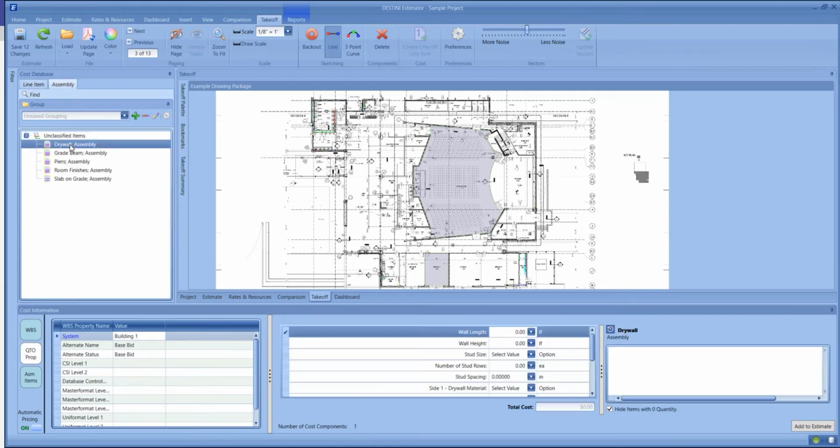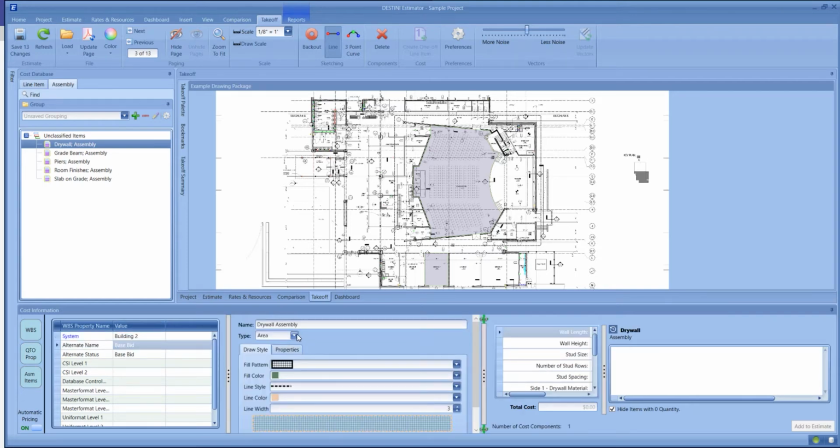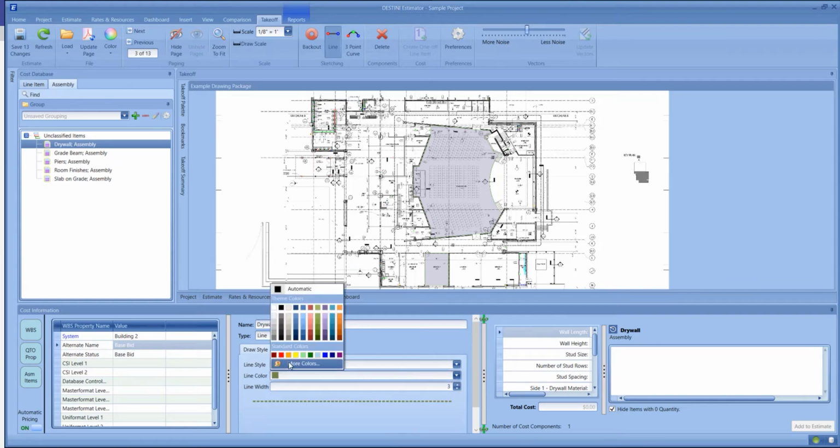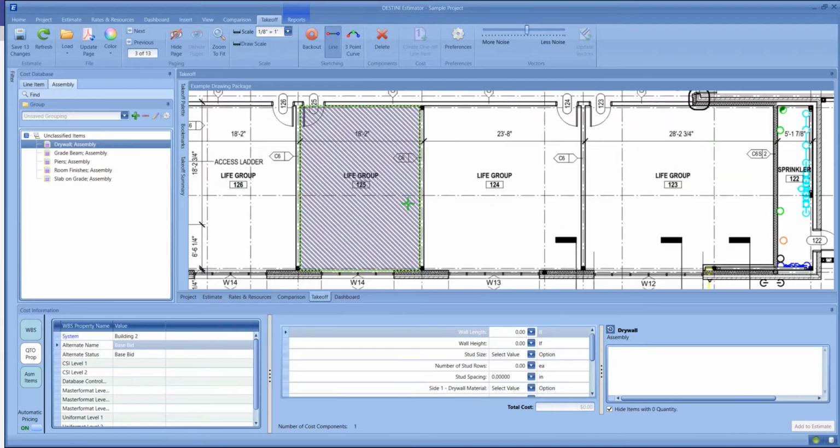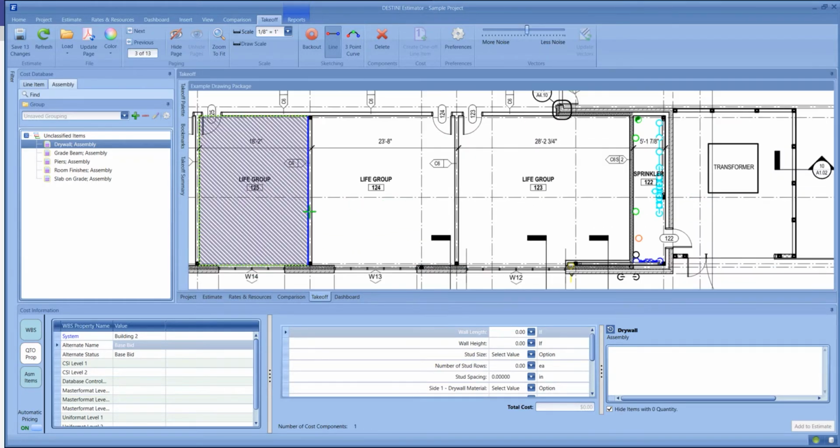We'll do our drywall. For example, just for example, we can change this at any time and say this is now going to building 2. We'll say we want to take this off as a line, and we can choose to change the color if we would like to. Now we'll go back in, and as we go to do our takeoff,